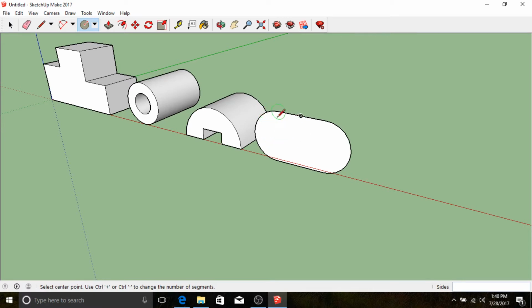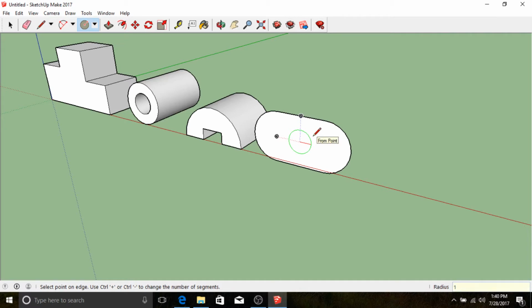And I can do that from this midpoint and that midpoint, right? So I'm now tracking from the center of that semicircle and that midpoint. So SketchUp's really intuitive in that sense, where if I let it know, right, I kind of wake up that inference point and I wake up this other inference point, it now knows that I want to reference those 2 inference points. So I can click,